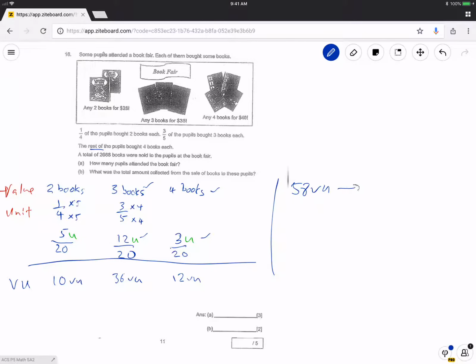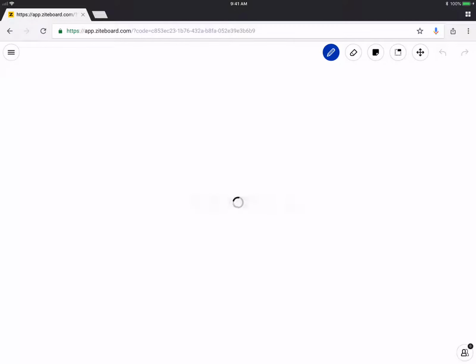Now this 58 VU actually represents 2668 books, right? So 1 VU would be 2668 divided by 58, which is 46 books. Now if 1 VU is 46 books, I can calculate